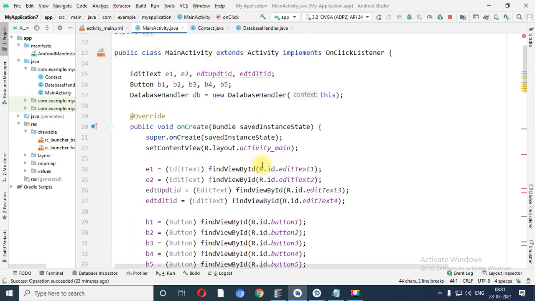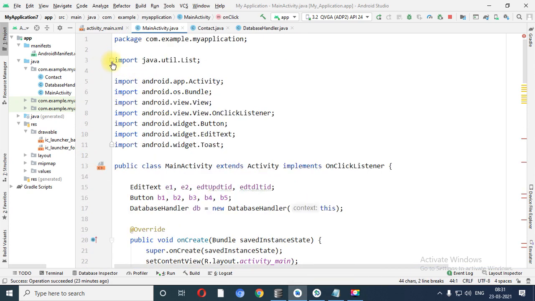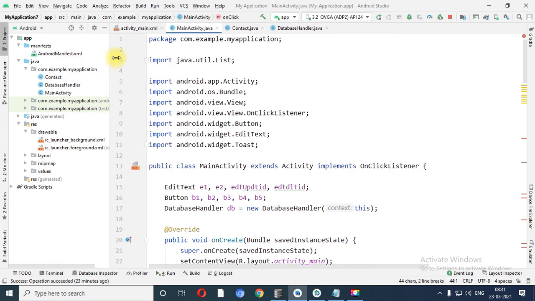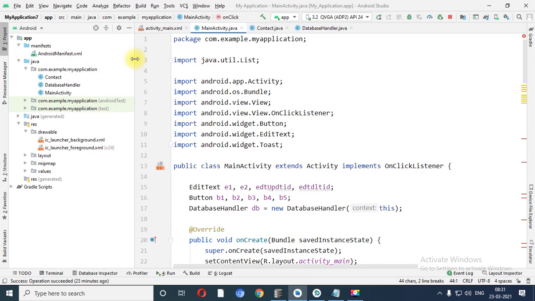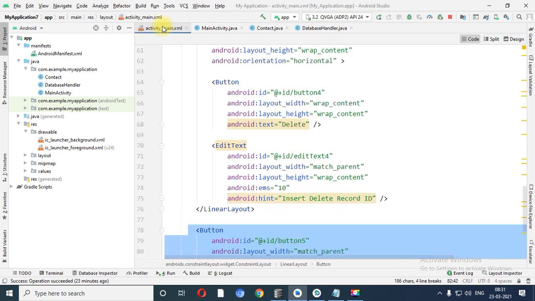Now see, when you work with database connectivity, at that time there are four files you need to insert. Number 1, designing file, that is activity underscore main.xml.